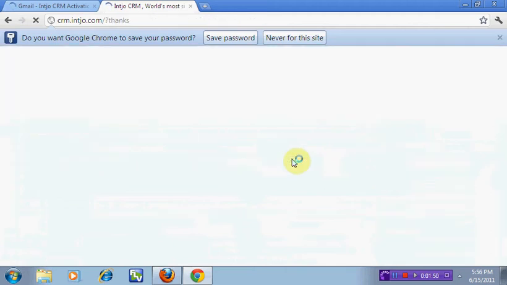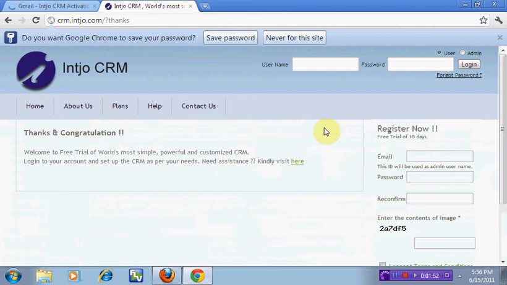Now your admin account is activated. Now log on to your admin account. And select the option admin and hit login.